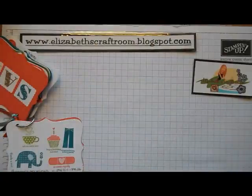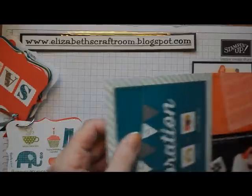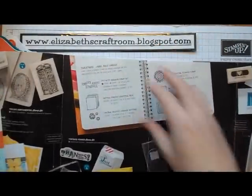Okay, and the final choice that you have, I'm going back to the brochure now, is you can choose from several things that are in our big brochure. If I bring this closer, you can see we've got things from the big catalogue you can have for free. So you can have the Itty Bitty Banner stamp set, which is on page 134, the Getting Started cardstock pack, which is 24 sheets in 12 colours on page 151,